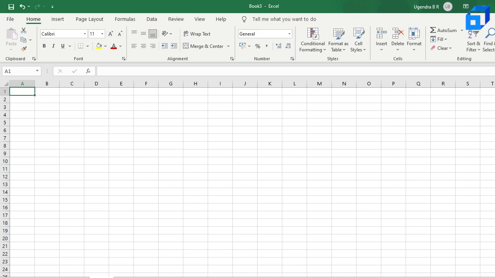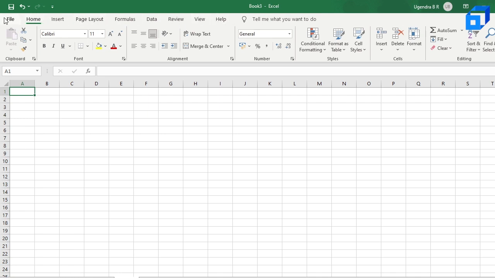If you want to add a sheet at the end of all the sheets, you have to go to the end sheet first and then click on the plus button. Over here, you can see that Sheet 4 is added at the end. And now let us move on to the ribbons in Excel. There are 9 ribbons in Excel. That's File, Home, Insert, Page Layout, Formulas, Data, Review, View and Help.